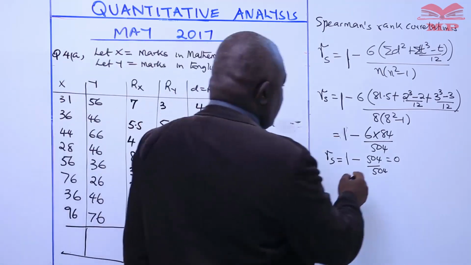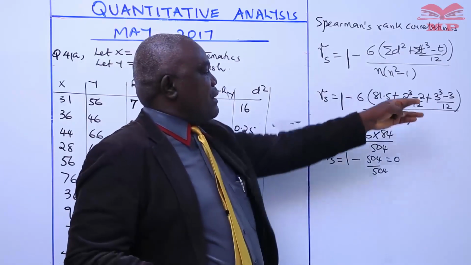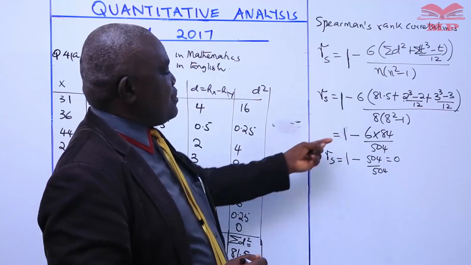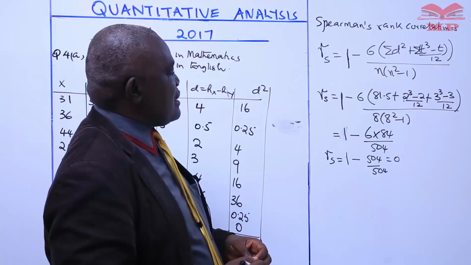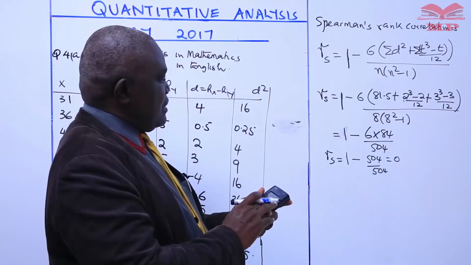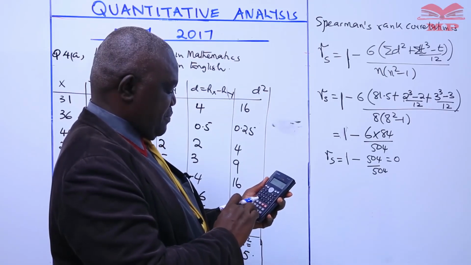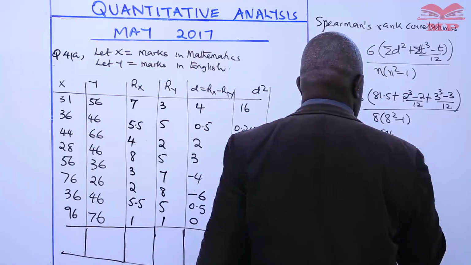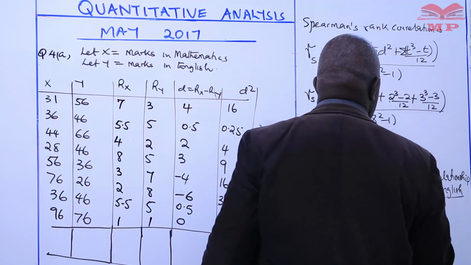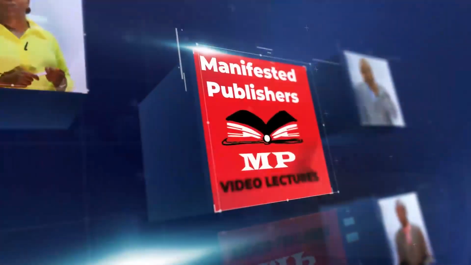Since we have found the inside to be 84, that is giving us the numerator times that 504. We have a 0 value for R, and therefore we have